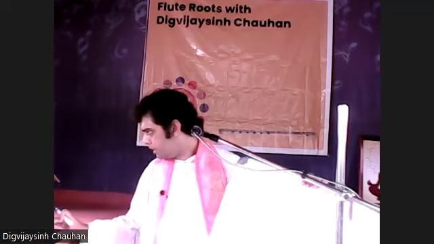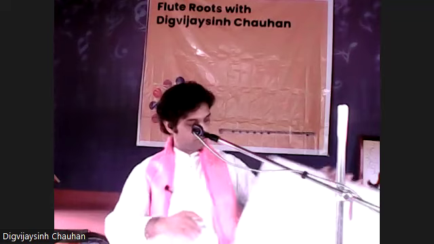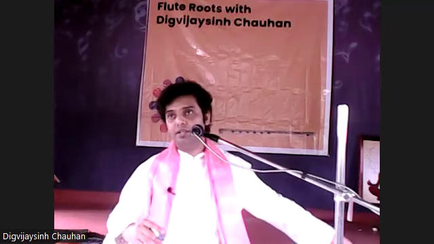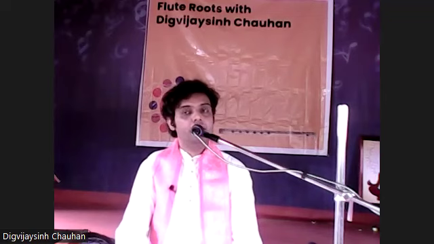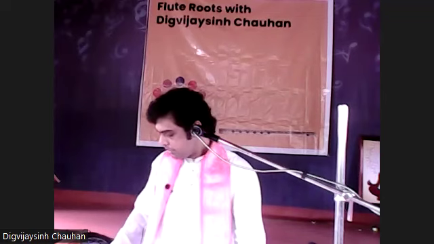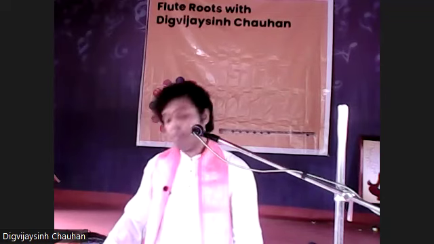Okay. So is this clear with the students here? Yes, sir. Okay, fine. So we were writing the definition that the notes can differ in ascending and descending. But at maximum we have only 7 notes at a time while ascending and descending. So this is called the Jati of the Raga. Now what is the Jati of the Raga? That means the number of notes.